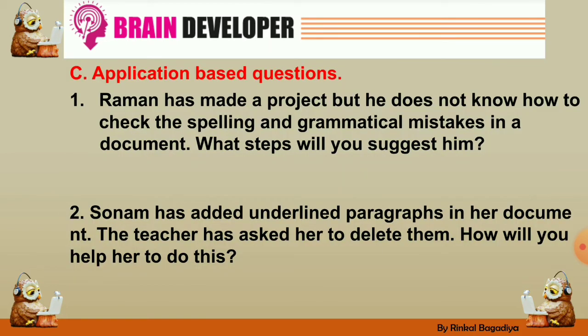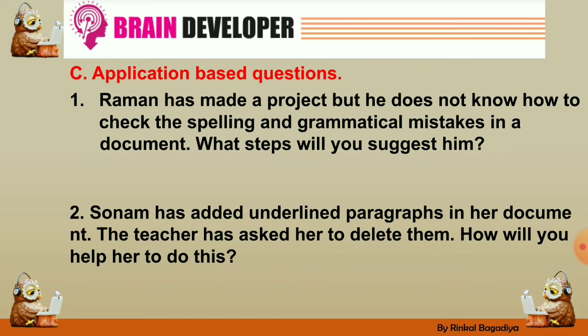Next is question C, application based questions. 1, Raman has made a project but he does not know how to check the spelling and grammatical mistakes in a document. What steps will you suggest to him? Here Raman wants to check spelling and grammatical mistakes in Word 2010. So how can he do it?